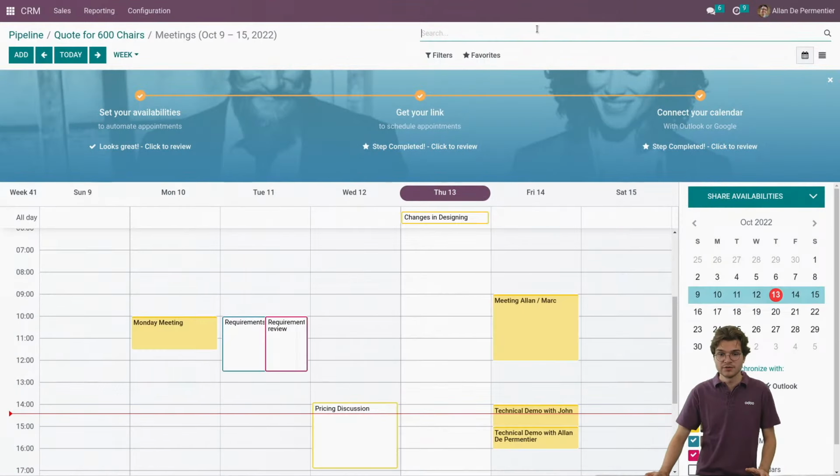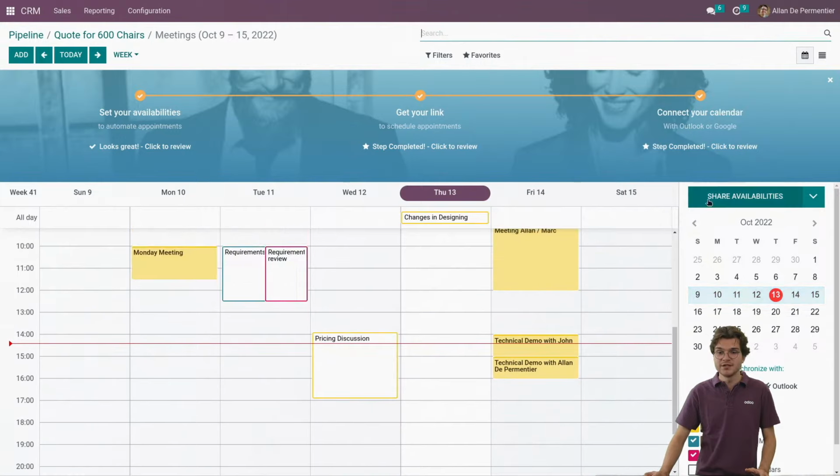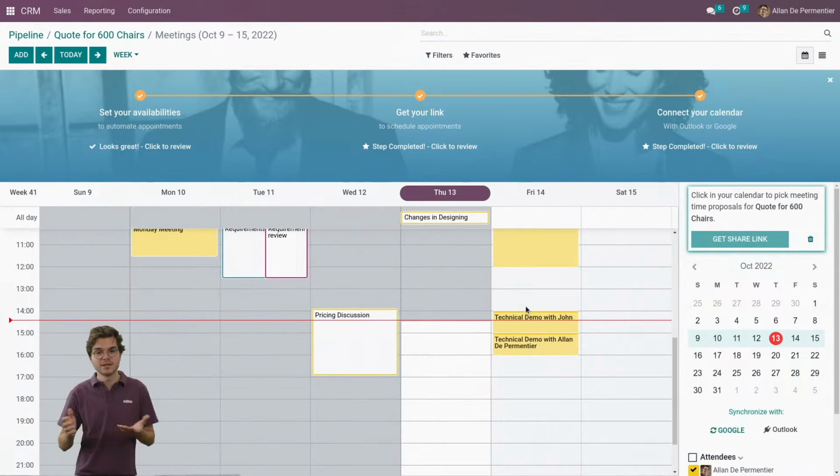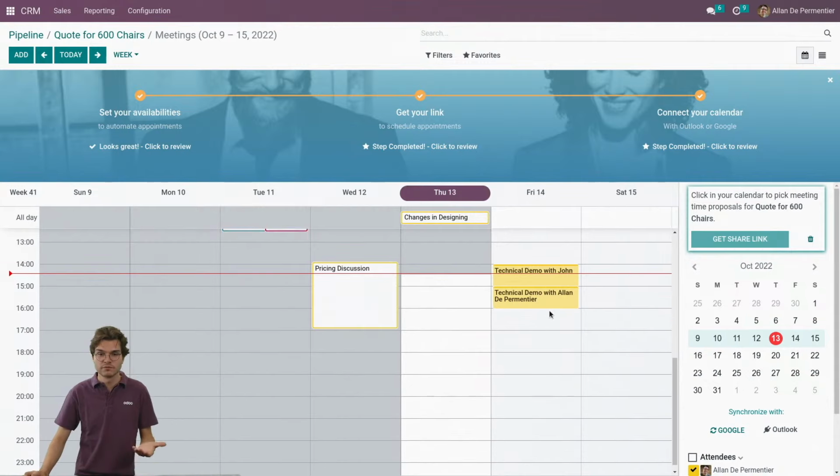Here you can remove the filter to see when you are available, and you can decide to share your availabilities with your customer. So here you won't give the link because the link is up to 45 days, and maybe you just want to schedule a meeting for this week. So you will give a few slots, a few proposals. Okay, that's fine for this Friday. You get the share link, you send that to your customer by email, and when you go to a new tab,